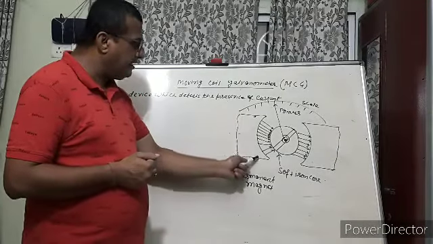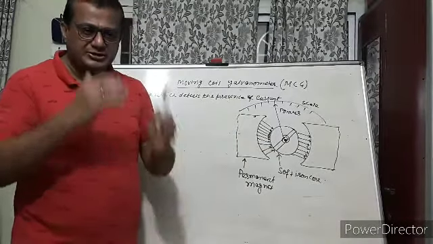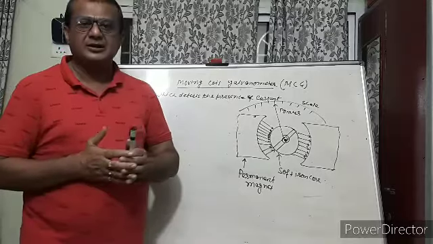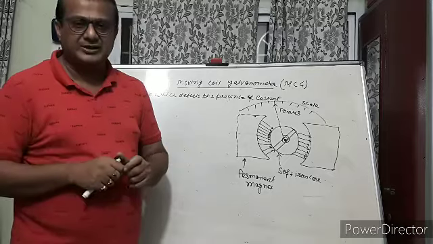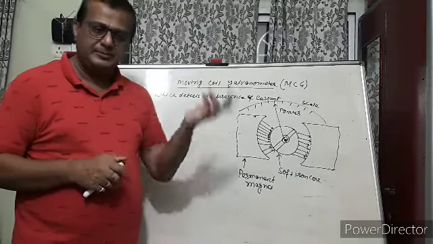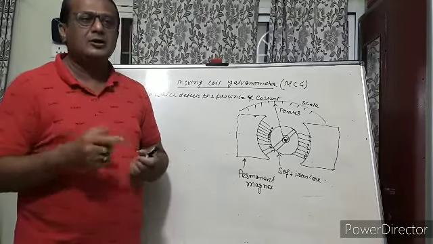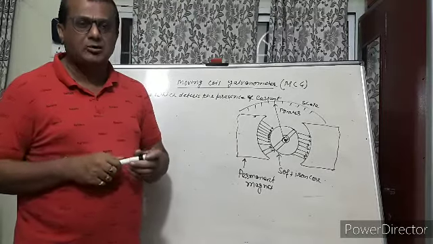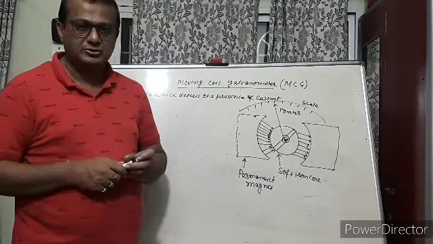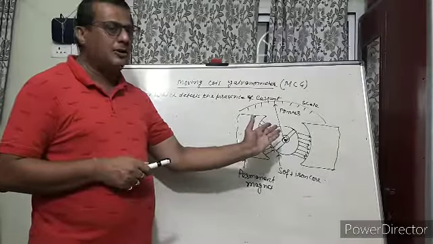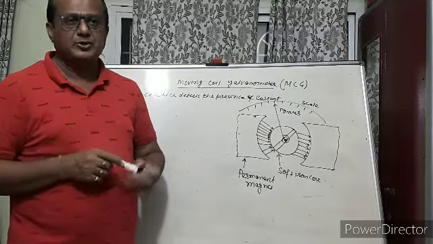Now from the permanent magnet, lines are falling on the core perpendicularly. This arrangement is done in such a way that these lines of force must fall on the core at 90 degrees. In the previous class, we have seen that when a current carrying coil is kept in a uniform magnetic field, torque is produced. That's why this core will move and the pointer will deflect, which denotes the presence of current.